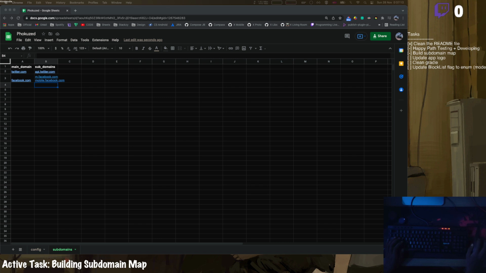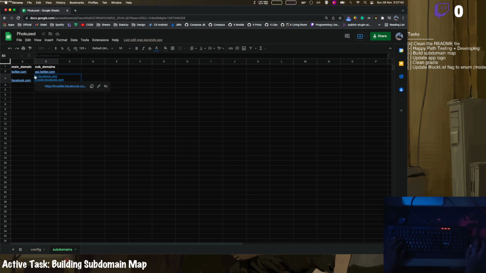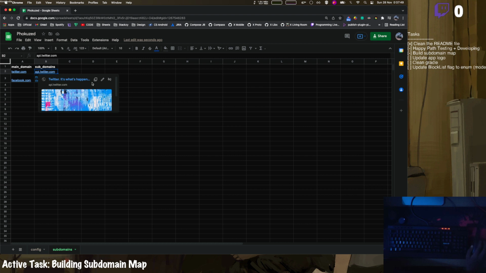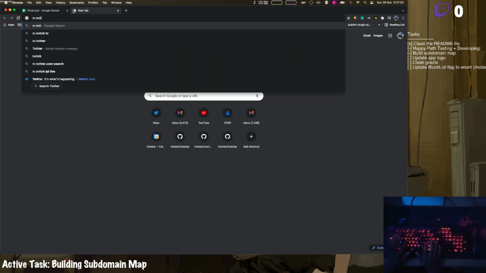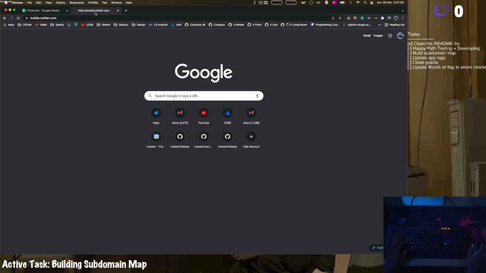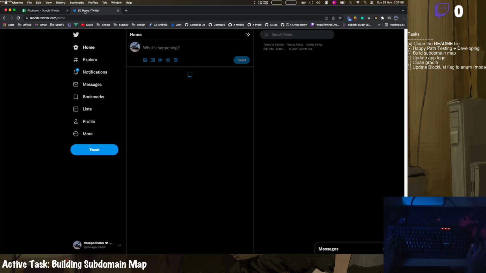Let me log out first. Don't save and log out. Okay. m.facebook. Yeah. What about mobile.facebook.com? Yeah. Okay. Now these two domains redirect to Facebook. So the idea is, yeah, we have two domains to block. And how about m.twitter.com? Oh, we have a, but that looks like,